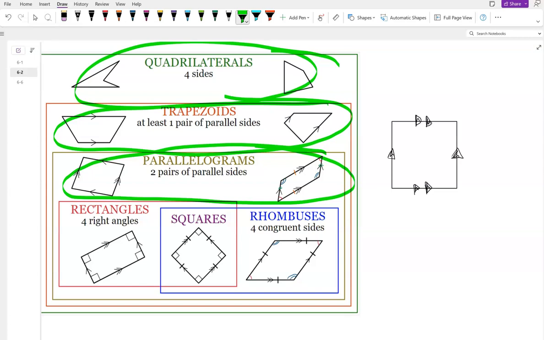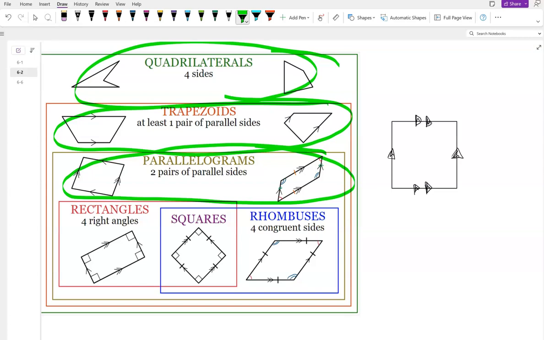I have nothing on here that shows it has 4 right angles. I have nothing on there that shows that it has 4 congruent sides. So I could care less that this looks like a square if I can't prove it. Right? That's the thing that you really got to train your brain on when you're doing this assignment and even the 6-2 one